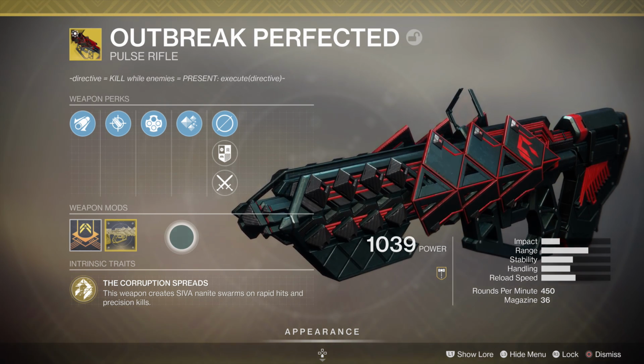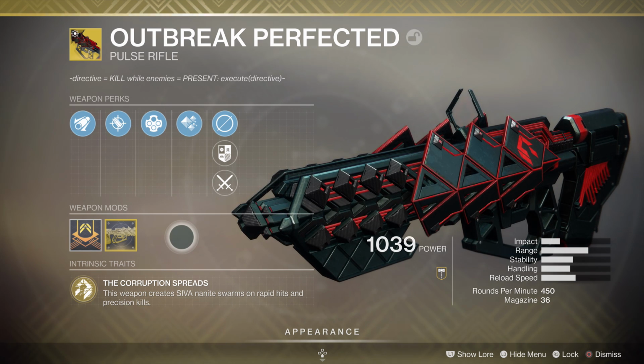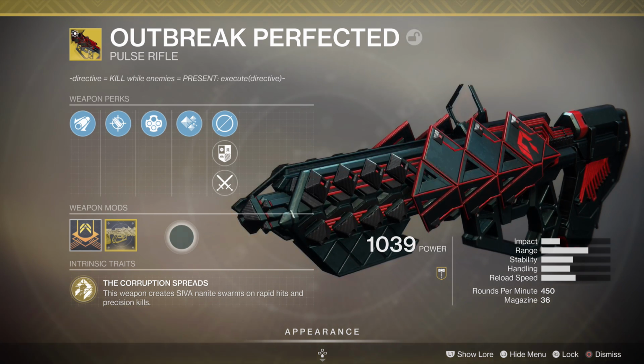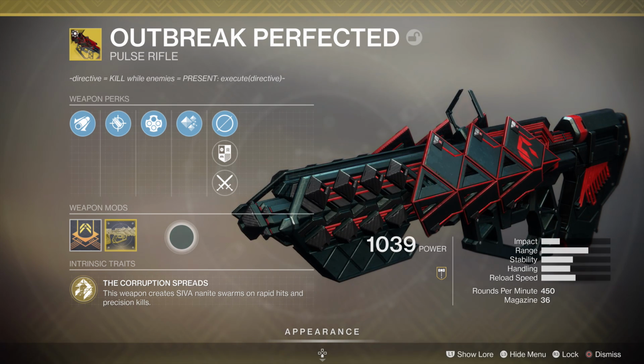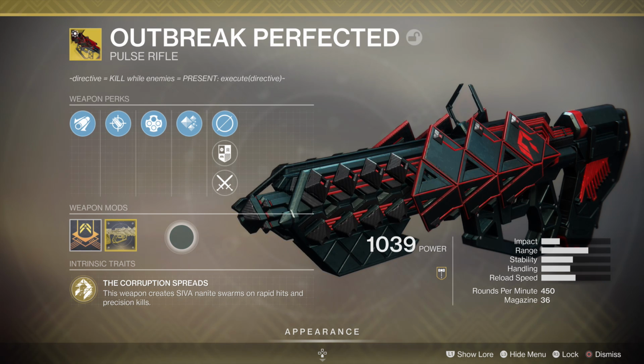I wanted to make one more zero hour guide. I know I've done a few of these in the past, but with the Beyond Light expansion, this mission will be sunset. Now, you will be able to get Outbreak Perfected after Beyond Light comes out. We just don't know how. So you might as well take advantage of the time you have left of this season to get this good